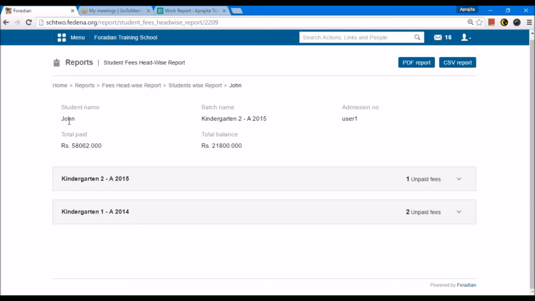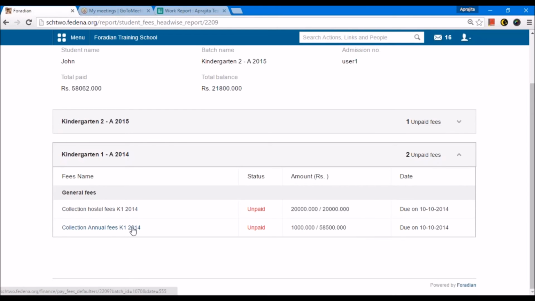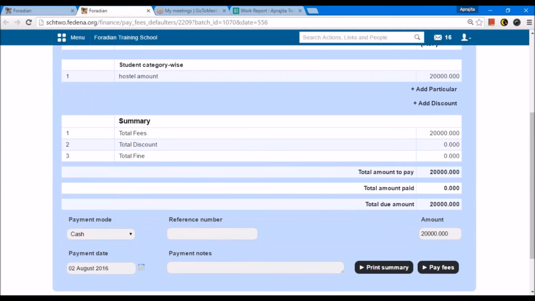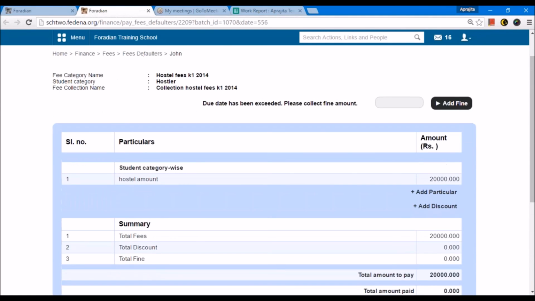For example, in this case for John, for kindergarten 1A 2014, the student has 2 unpaid fees. To check further details, click on this and you can check the fee collections and the amounts that are unpaid in each fee. You can go to further details by clicking on that particular fee. So it shows the details about that fee structure that is already created.